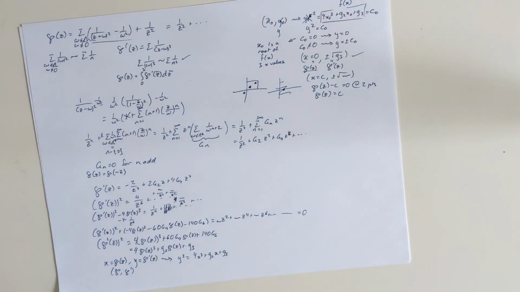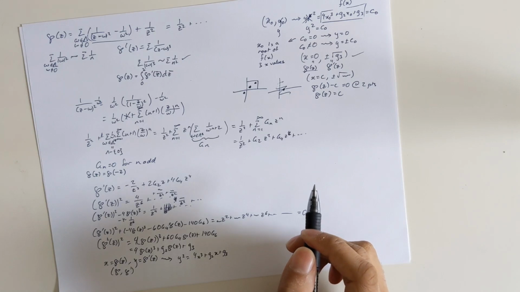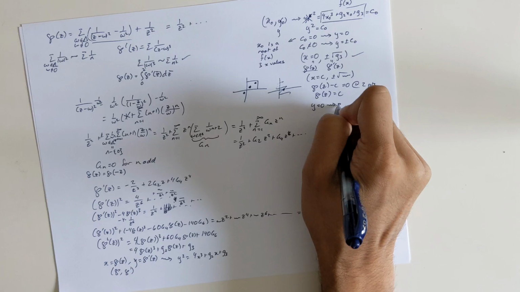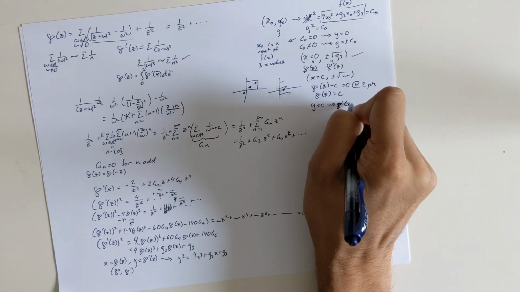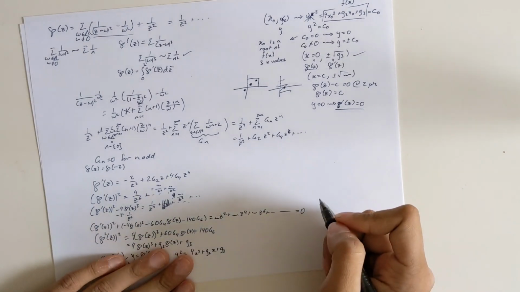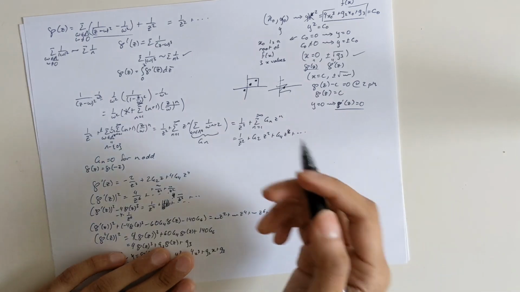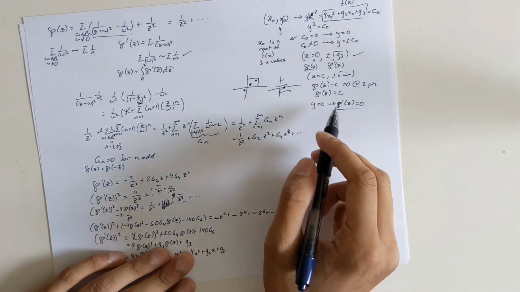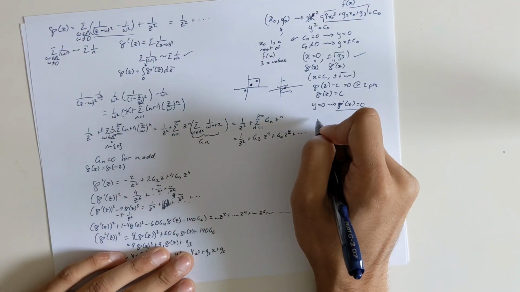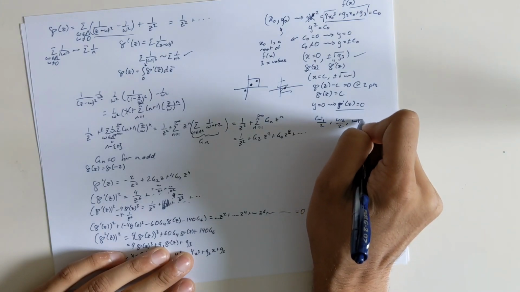Except let's analyze the points at which we have a double zero. At the points where we have a double zero, we know that y is equal to 0, and so p prime of z should be equal to 0. So let's try and find how many points there are at which this is true. A priori, there are three points at which this is true because p prime of z has three zeros, but it turns out we can explicitly find what these values are. And the values are, I claim, omega 1 over 2, omega 2 over